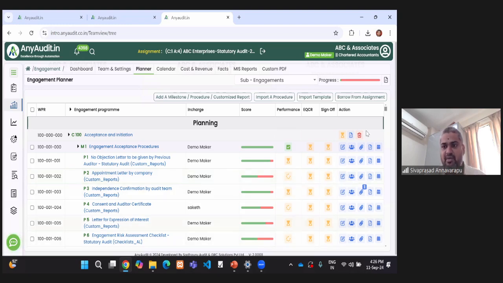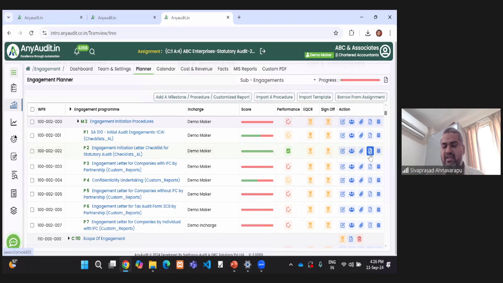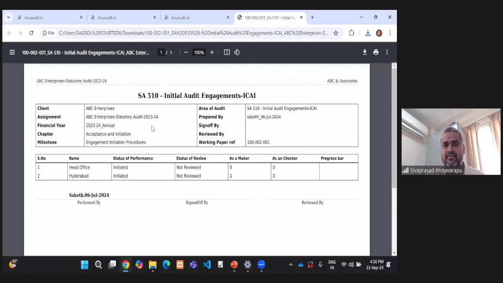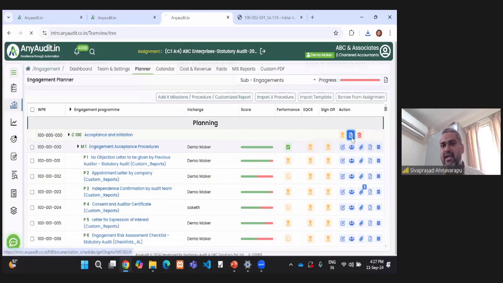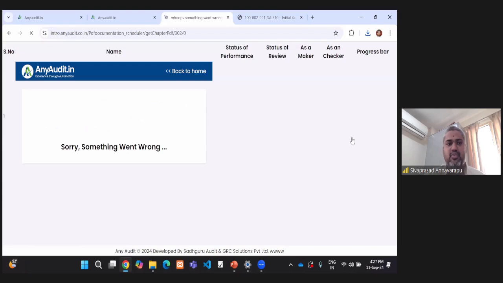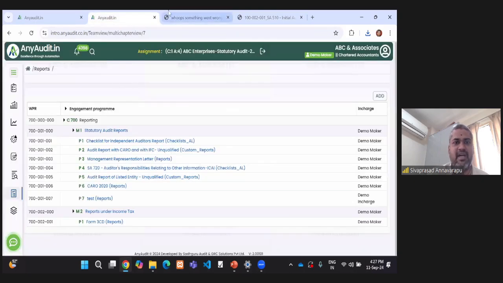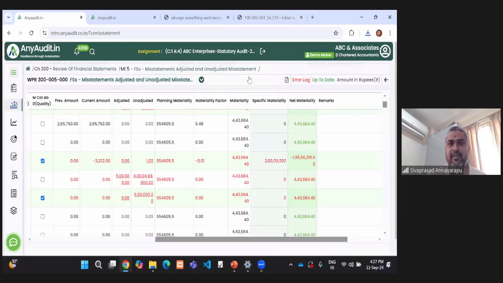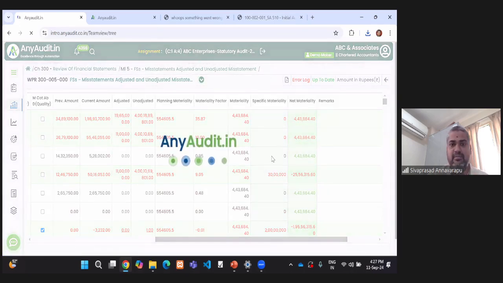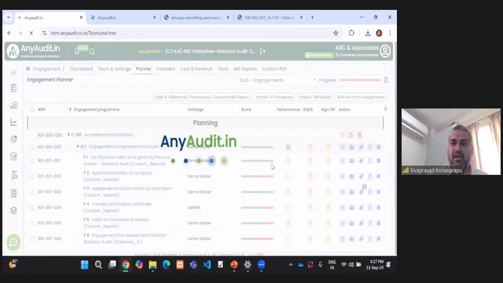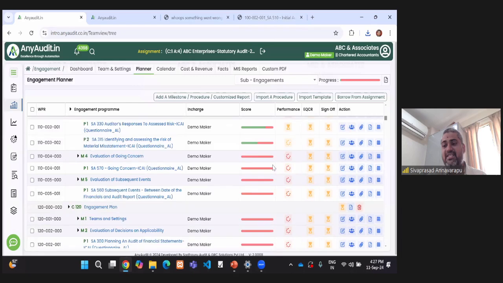If I want to generate the documentation for any one of the steps, I can click on that step and it will generate the document for that step. Like SF510, if I click on this, it will generate the audit documentation for SF510. Similarly, if I want it for a whole chapter, like how the acceptance chapter has been done, it will combine the bunch of PDFs into one single PDF where I can see the whole chapter at one go. So I'll be able to perform the audit, document it, and also monitor how much work is pending with each of them.